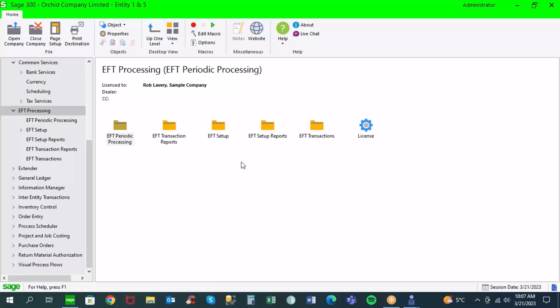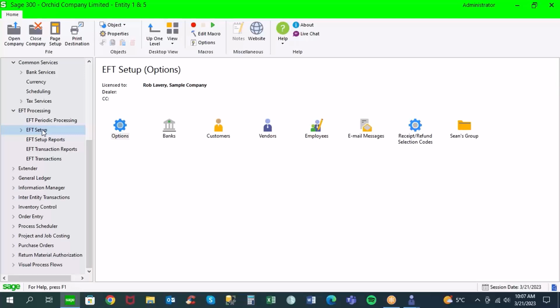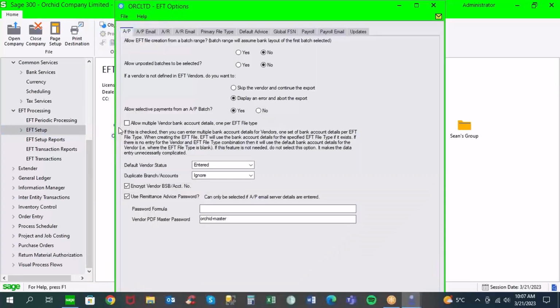Thanks, Nancy. That was a great overview of the TaiRox SOX check approval with Orchid Document Management Link. Now let's move along to EFT processing, or EFT processing for our American friends. As Nancy mentioned in her presentation, the SOX check approval solution allows you to approve payment batches before they can be posted. When the payment is going to be made via EFT, there are options that allow you to utilize the strength of the approval workflow that's part of TaiRox SOX check approval and incorporate that into the process of